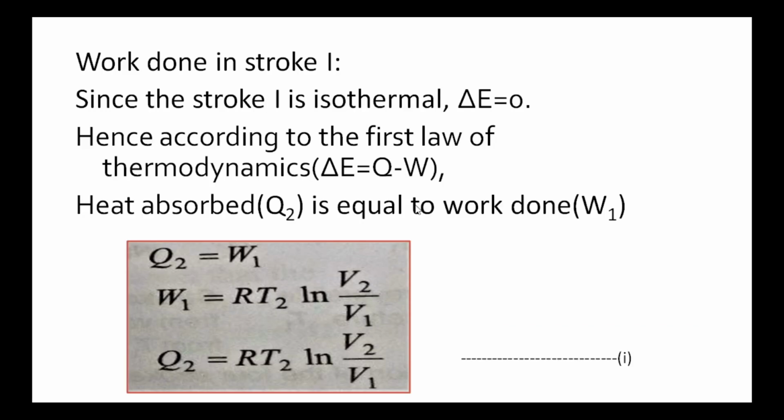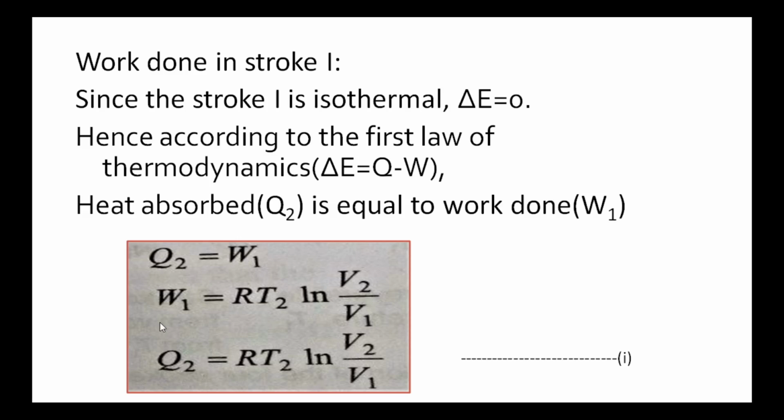So, the work done in the stroke 1 is calculated as, since it is an isothermal process, temperature is constant, change in the temperature will be 0. Therefore, internal energy is a function of temperature, hence change in internal energy is 0. Hence, according to the first law of thermodynamics, delta E equal to Q minus W. Substituting delta E equal to 0, here we get Q is equal to W. That is, the heat absorbed is equal to work performed. Here heat absorbed is Q2 and work performed is W1. Therefore, Q2 is equal to